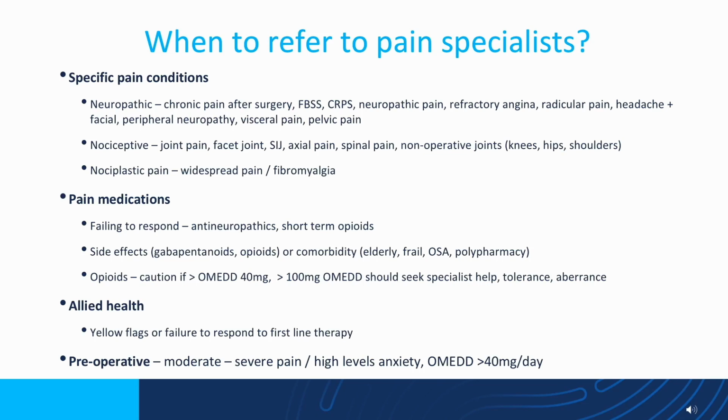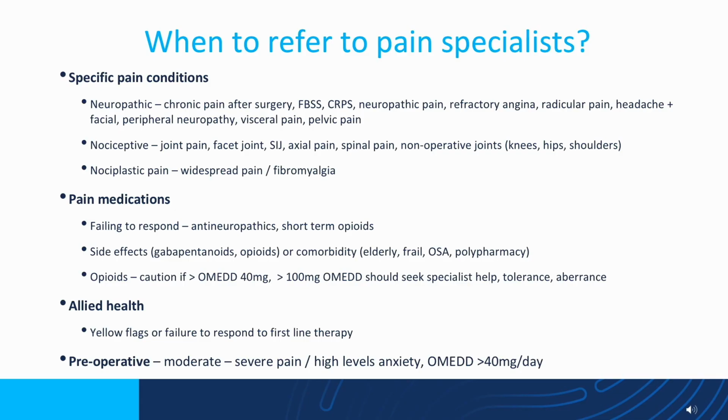Complex regional pain syndrome, it is vital that you think about getting patients with CRPS to pain specialists early. We have a treatment algorithm for CRPS. If we can see CRPS patients within days and weeks, we can get them better. If we see CRPS patients after months or years, it's much harder to undo that neuropathic pain. So any form of neuropathic pain that appears to be refractory, get them to a pain specialist.